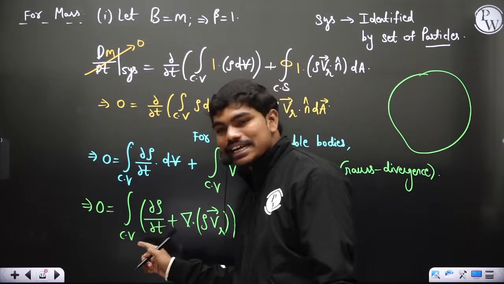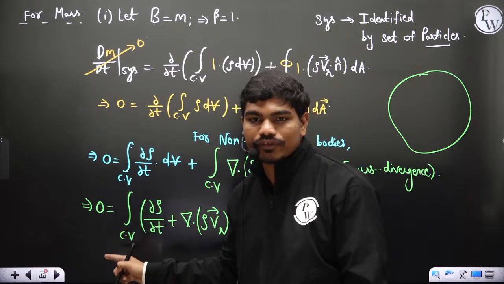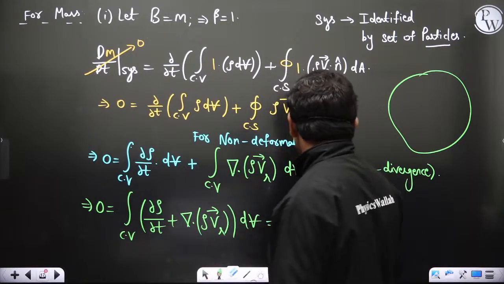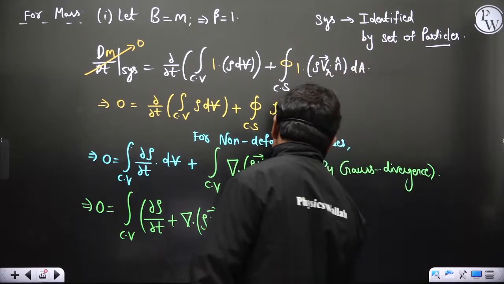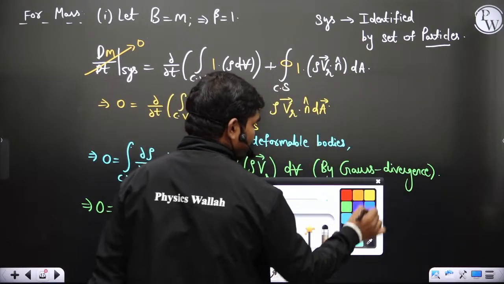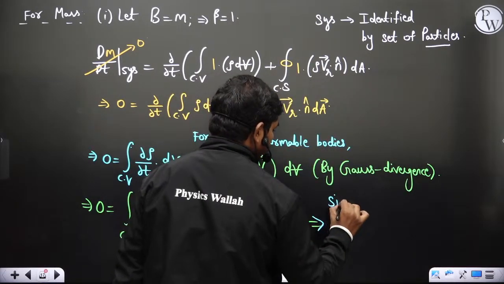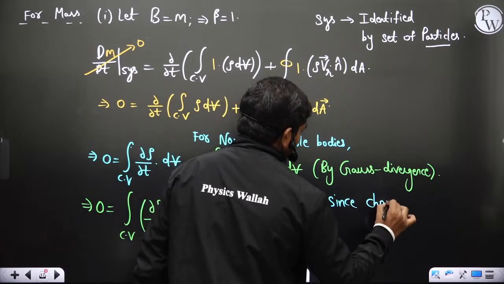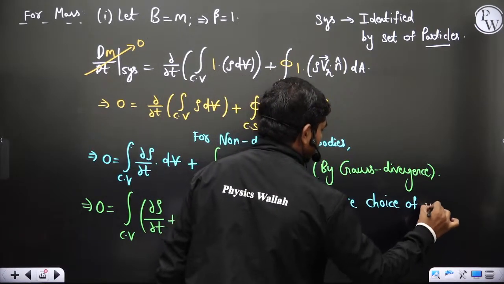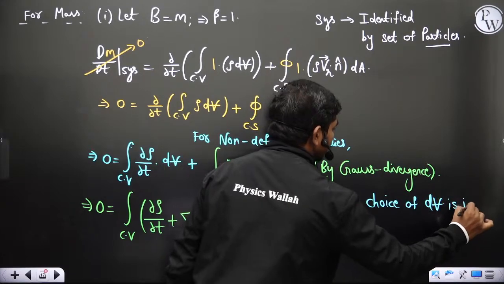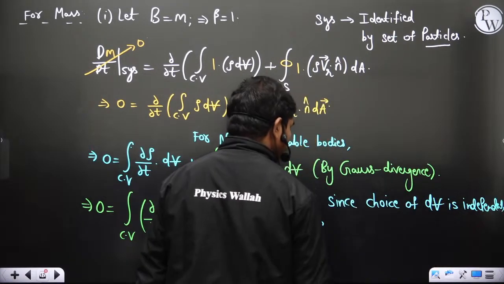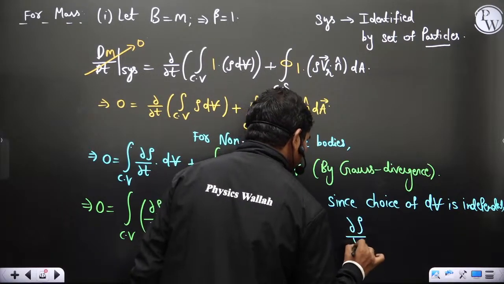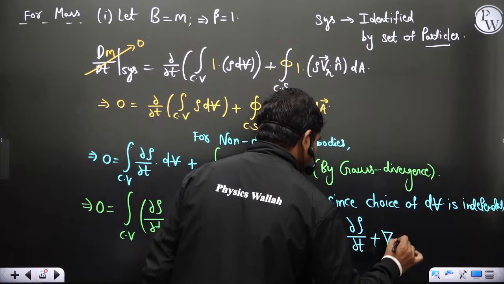This means this integral is 0 for any choice of the control volume. Wherever you choose this dV, this term is 0. That means clearly, since the choice of dV is independent, then clearly you can say ∂ρ/∂t plus divergence of ρ v r bar